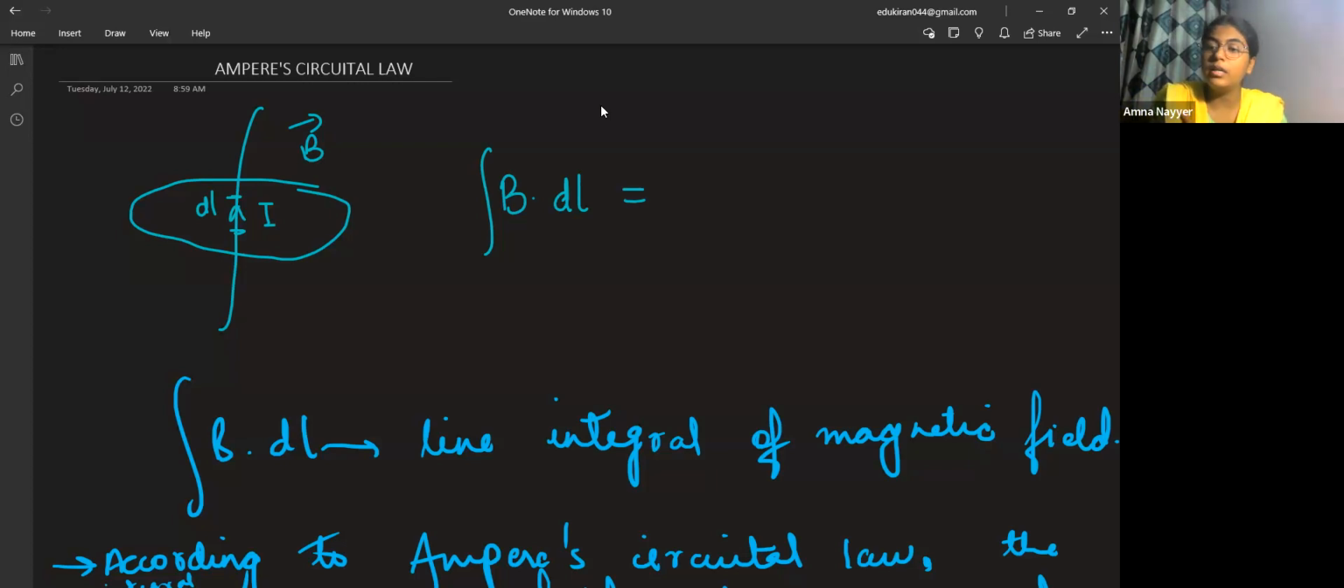This is equal to, according to your Ampere circuital law, in Gauss theorem, what was Gauss theorem? See, E dot dS closed loop integral is equal to 1 by epsilon naught times. So here we'll have,